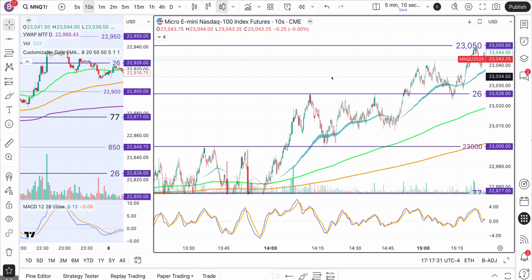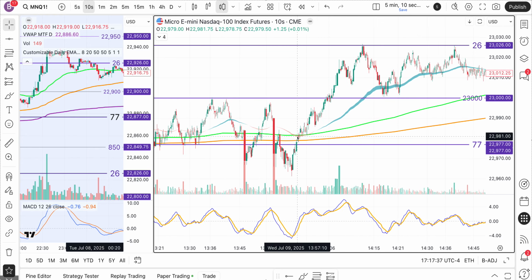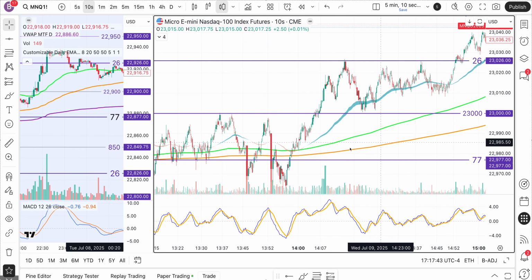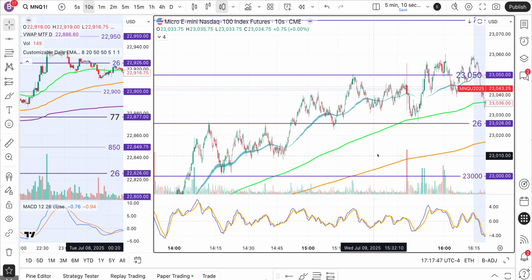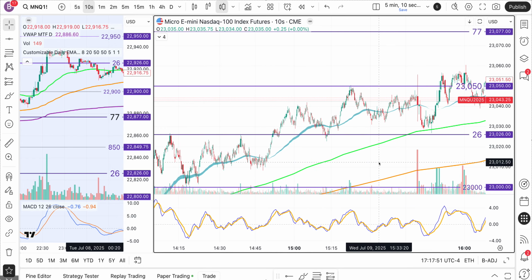I logged on at 1400 for Powell's remarks, and it just kind of shot straight up. It never gave a pullback, never gave a good indication, except for maybe right here. But I didn't take it, and I just watched it go 60 points without me, so I was frustrated. And I was trying to get in, and finally I did get in. I did get into the trade